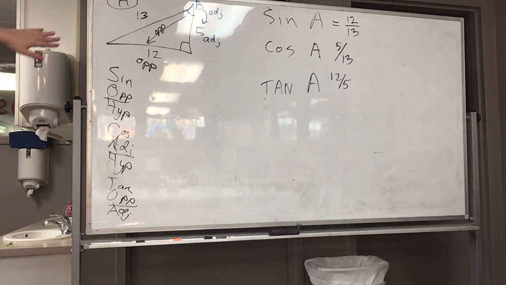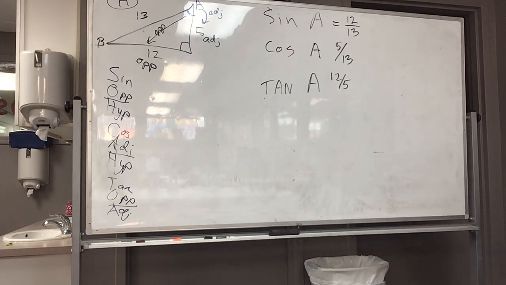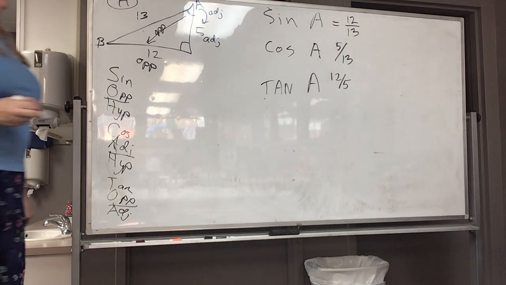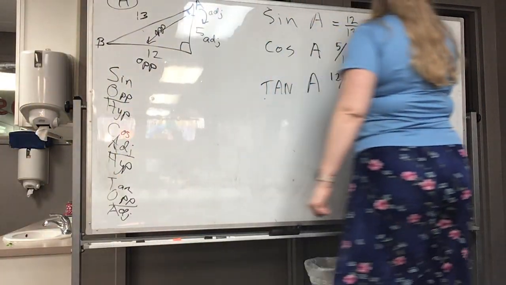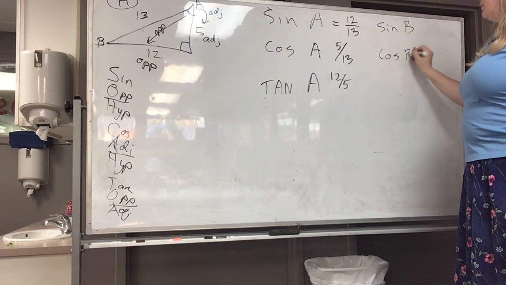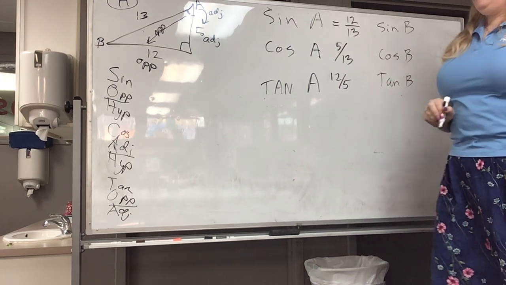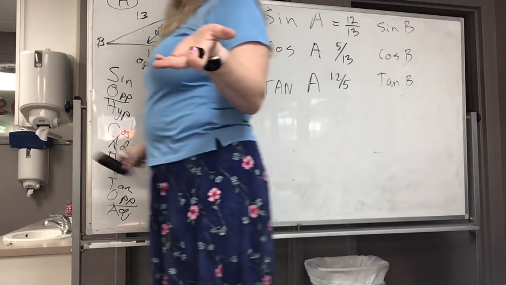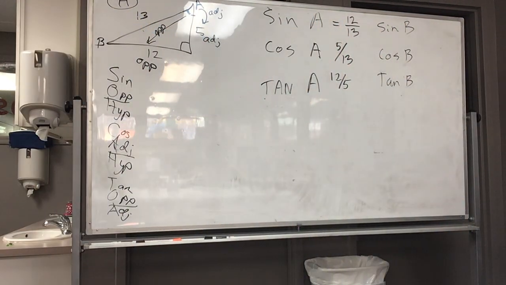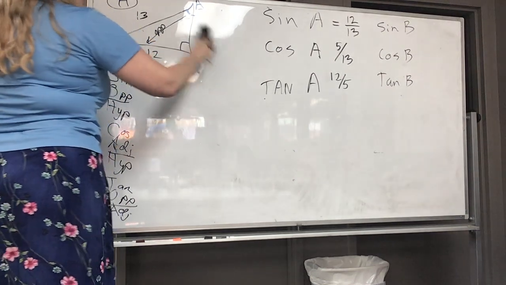Now, what happens if we compare it to the other angle? If we talk about the sine of B, the cosine of B, the tangent of B. Hypotenuse is still hypotenuse. That doesn't change at all. But if we change